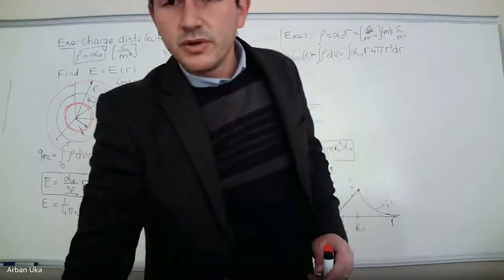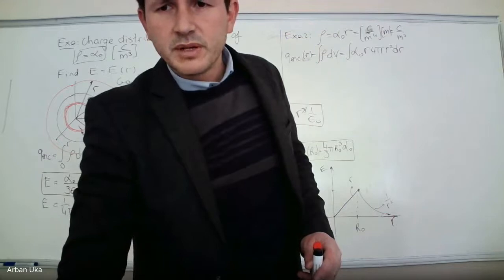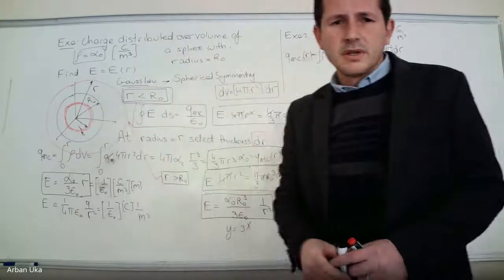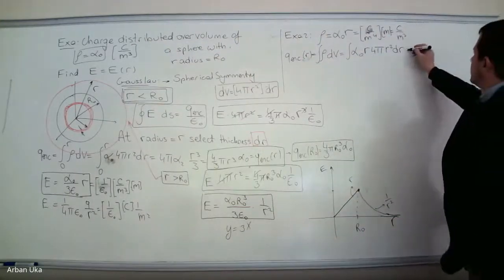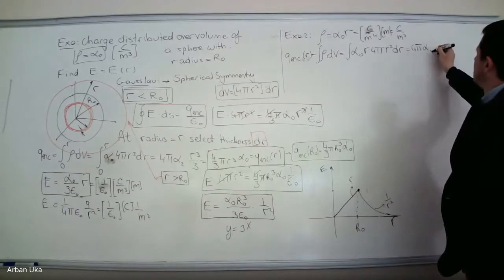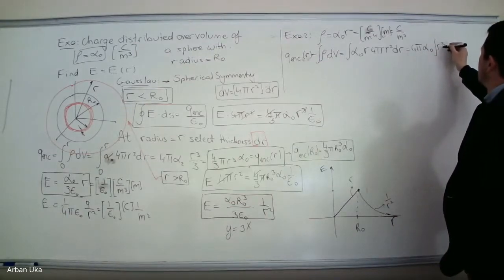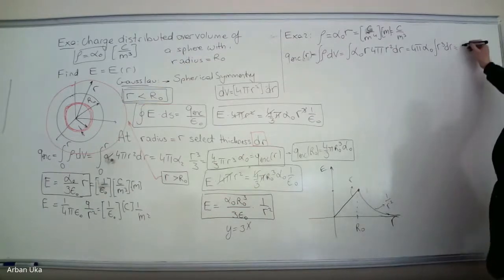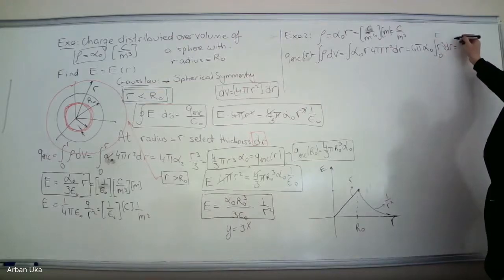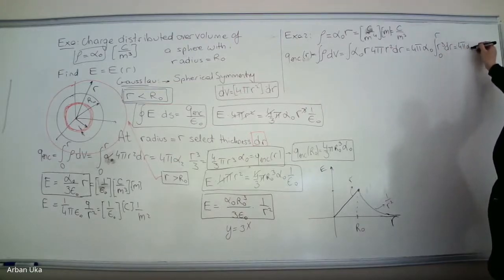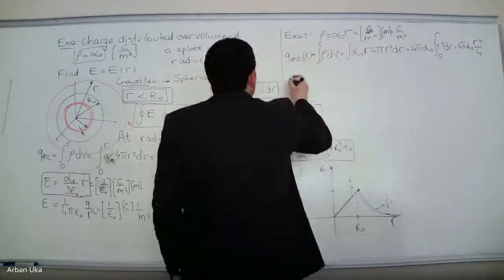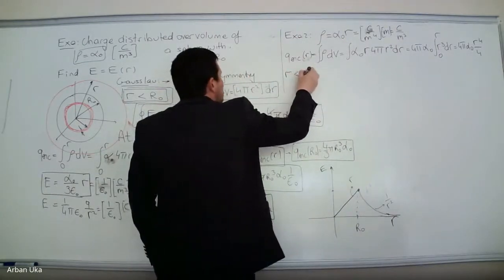I'm not sure how much of the monitor you can see. Let me pick up for a moment. So this is equal to 4 pi alpha 0 r cubed dr. And this one is equal to the integral from 0 to r of 4 pi alpha 0 r to the power 4 divided by 4. Okay. So we found the Q enclosed, and in the case when r is smaller than r0,